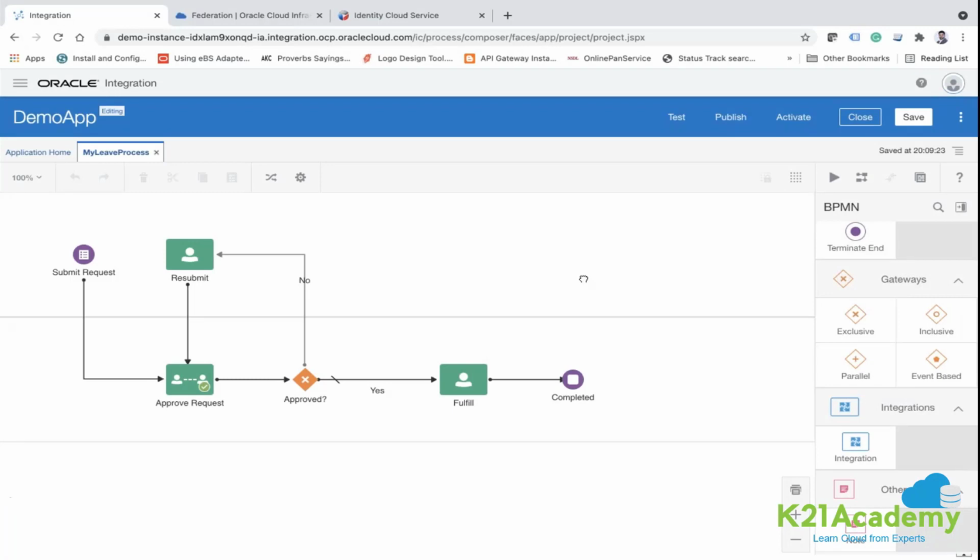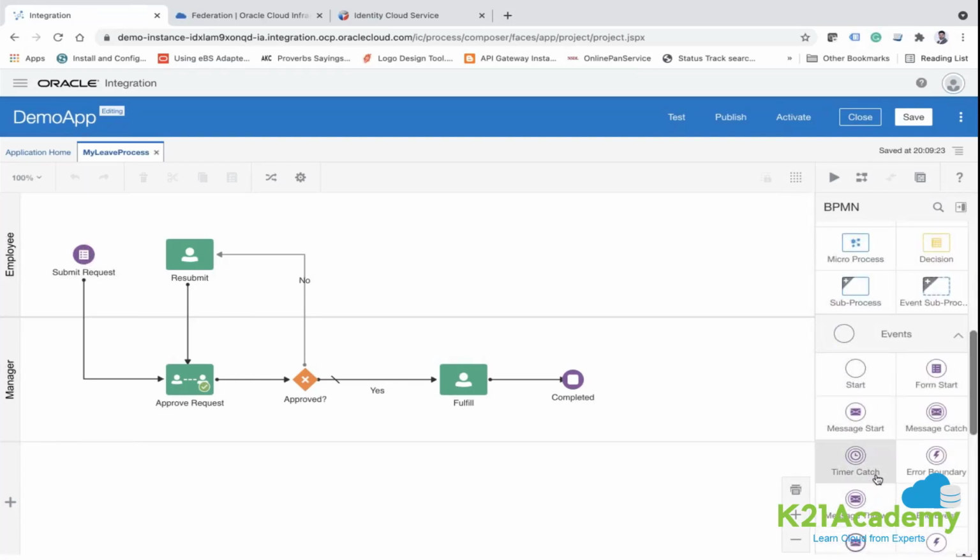Fine. So now let me just design this process. So you see, this is your form start, which means you have to attach one form with this action. And then when this is executed, the workflow will go to this approve request.